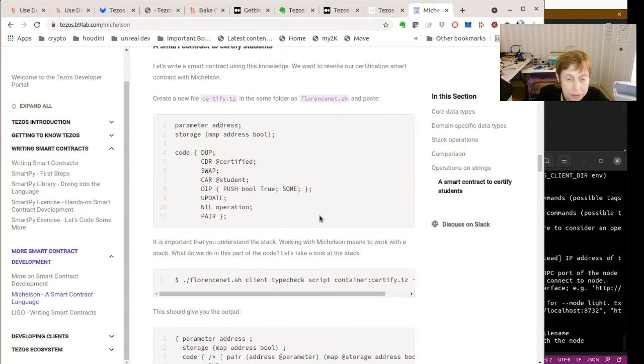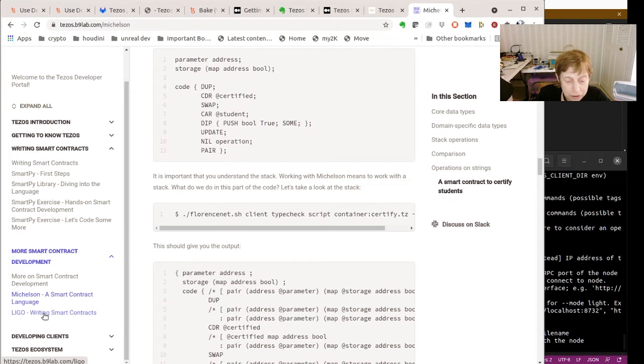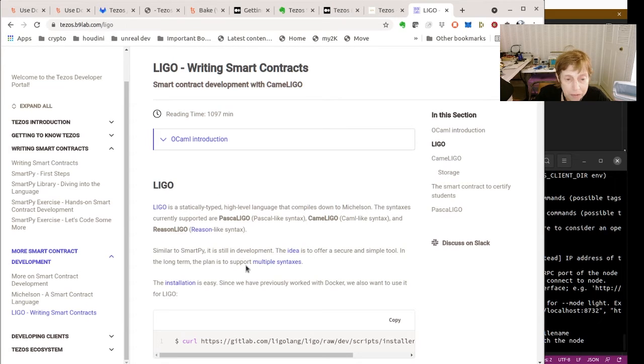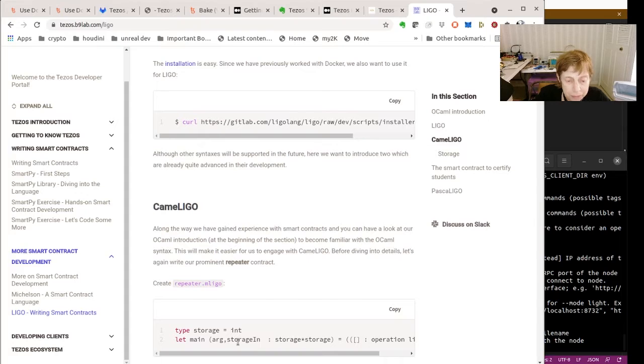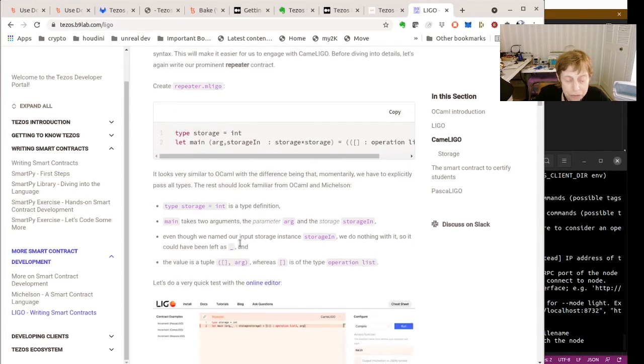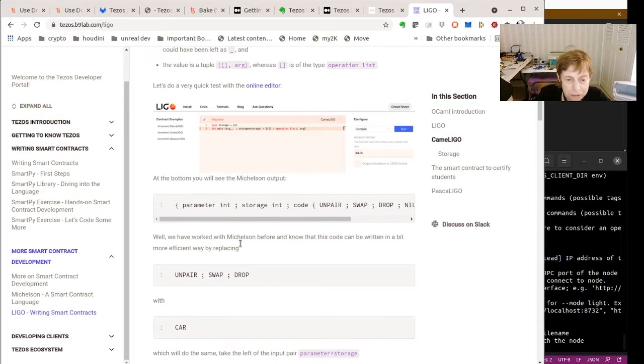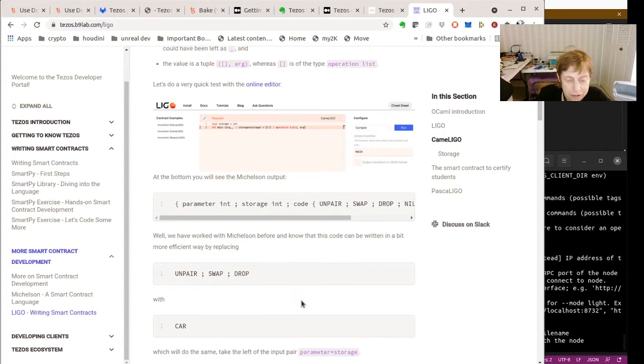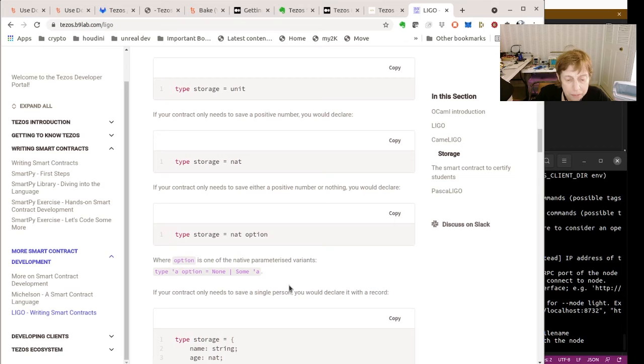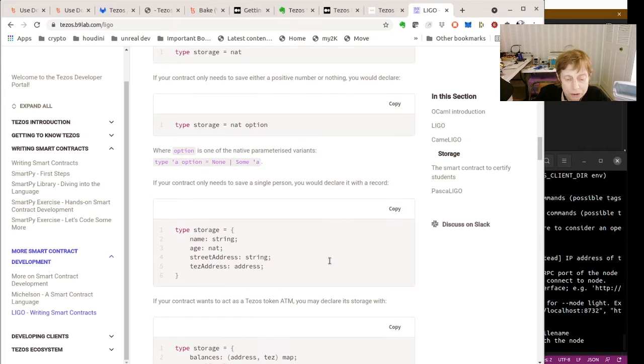That's why a lot of people will write things in SmartPy or another language, which is another option, depending on your background, what you like, called LIGO. So you can do things in a Camel type language, or you can do them in a Pascal type language. And they too have an online editor. And this site here goes through all that storage and